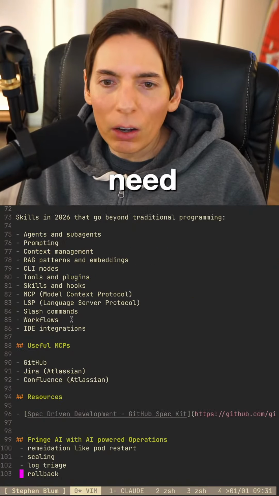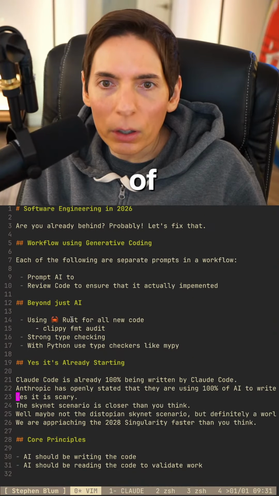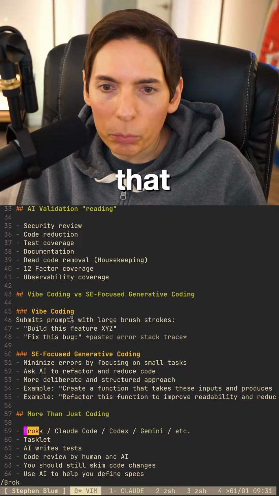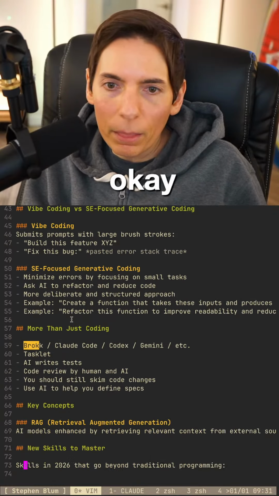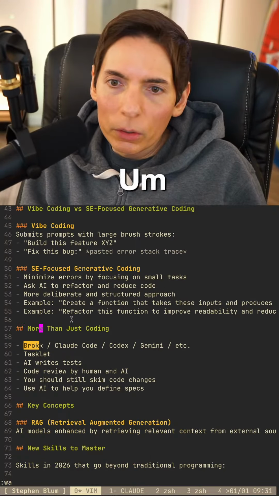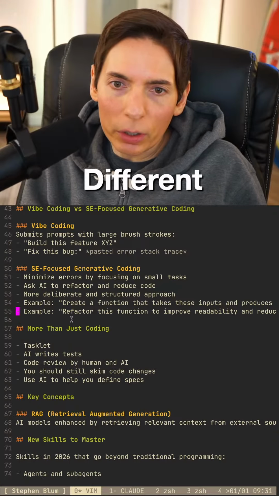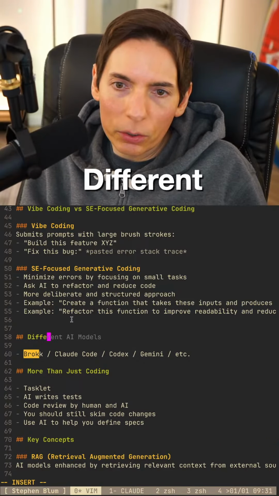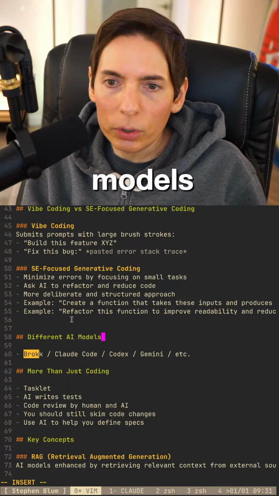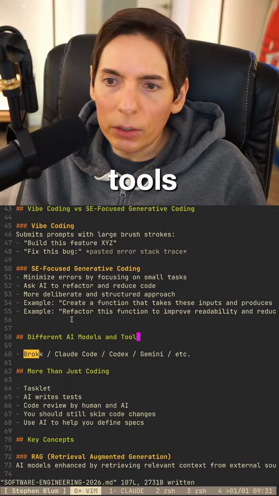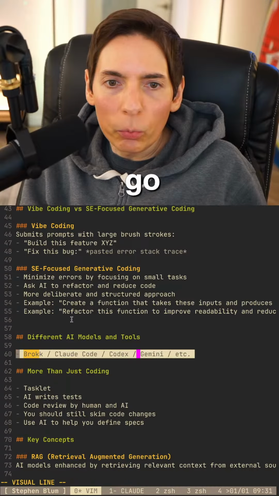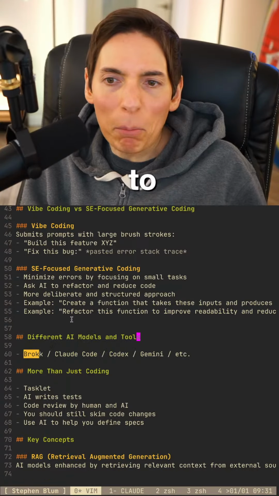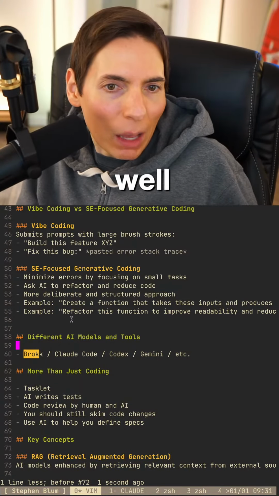We do need to list out the varieties of different tools here. I need to make a different section. This is going to be called different AI models and tools. We need to make that more interesting.